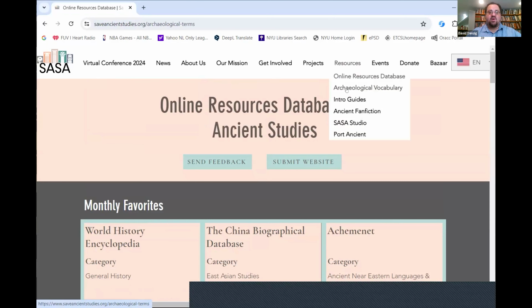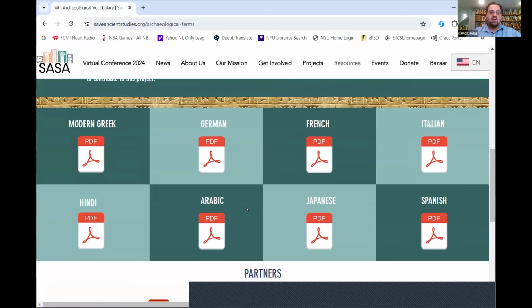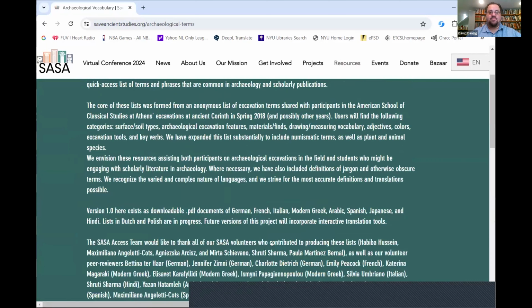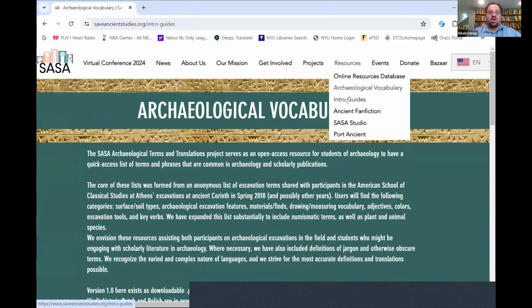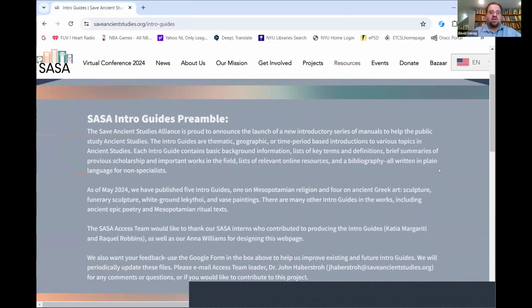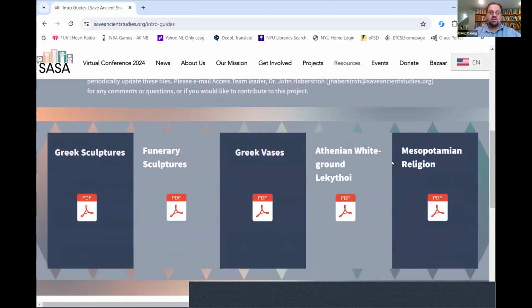We also have archaeological vocabulary guides that you can use if you're interested in fieldwork. These are translations into basic archaeological terms into a number of languages. We have intro guides, which are guides that help you start digging into different topics in the ancient world.